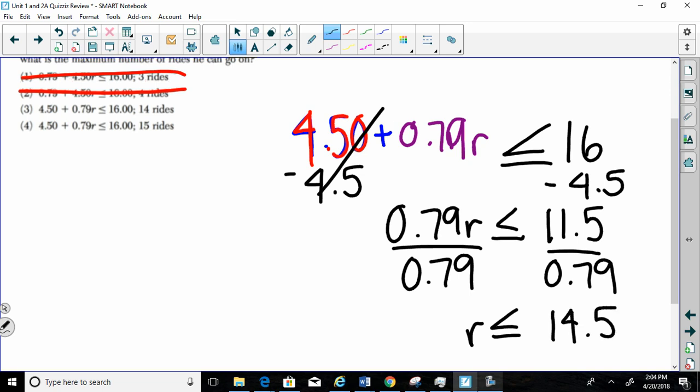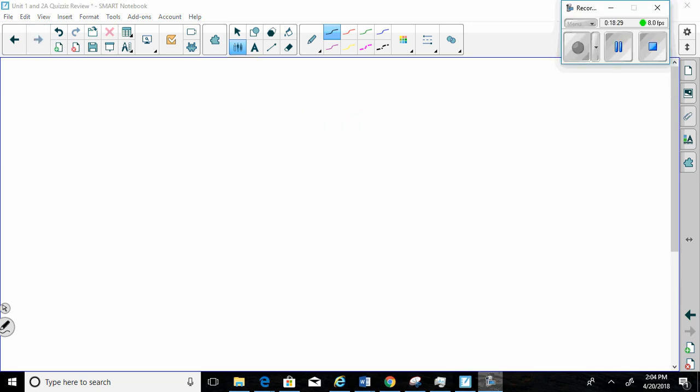Now, some people may say, okay, well, I would round up to 15. But if he only can afford 14.5 rides, because they're talking about rides, they're not going to let me go on a half a ride, right? I can't just pay half of 79 cents and go on a half a ride. So you have to round down. So how many rides could he actually go on? 14. So you kind of have to make sense of the problem. Is that the last one? Yeah. Awesome. So